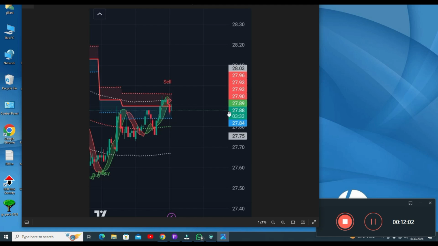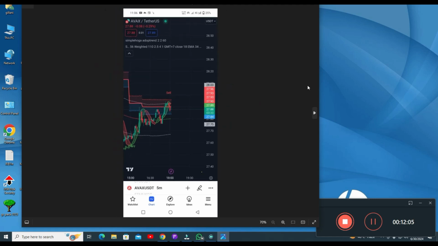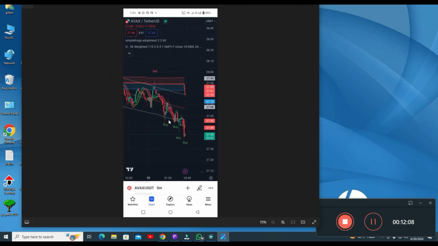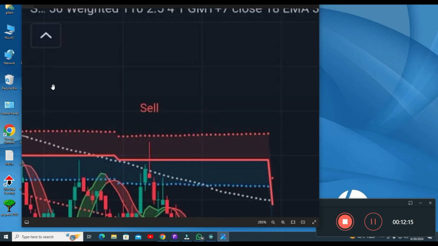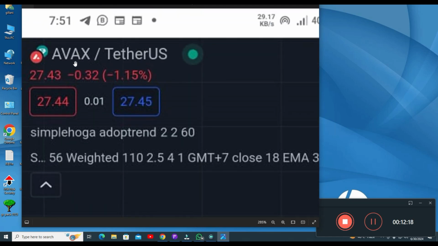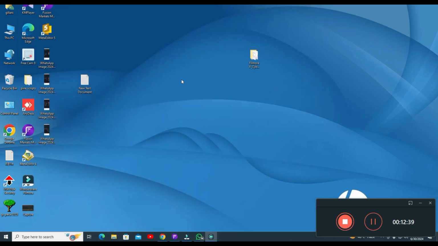Let me show you the trades after the trade. Now you can see this was your signal, and you got awesome profit. The pair I am using here is AVX. I was trading in crypto last time because yesterday was Saturday and the forex market was not open. I was just showing this to make sure my indicators are really working awesome.